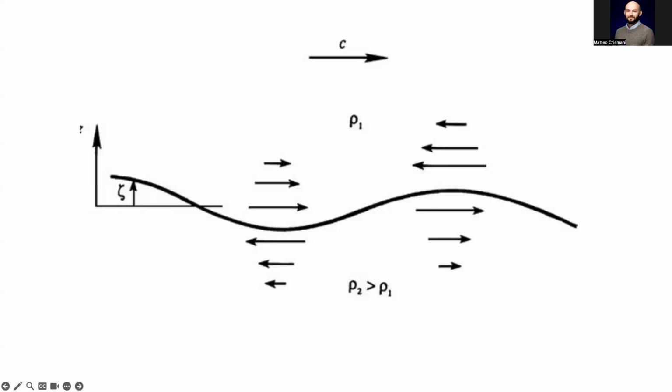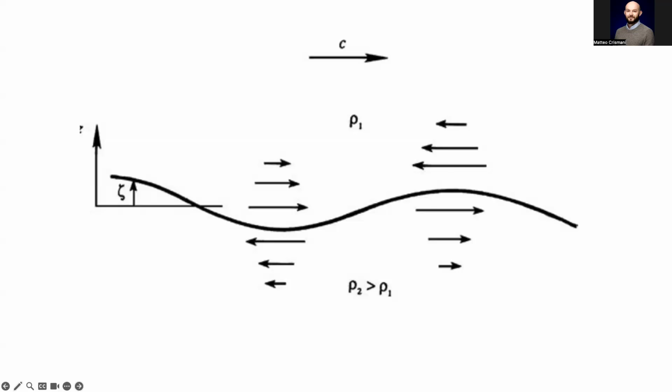That would be an unstable configuration. This is a stable configuration because the heavier stuff is below the lighter stuff. So even though we get some perturbation, we move this light stuff down, there is a buoyant restoring force to bring it back up. Now, similarly, when I push this down and I move this fluid out of the way and it pushes up, now it's higher than it wants to be. And gravity acts as a restoring force to pull it back down. Right? So you can have waves on a density